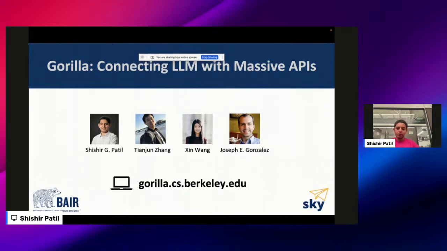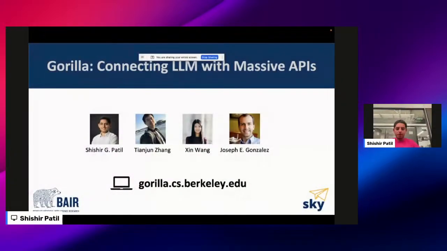Before I begin, all the work that we have done is open sourced, and at Berkeley we believe in building the project and maintaining it. So I encourage you all to take a look, and if you have any feedback or comments, they're welcome as well. This is joint work with my collaborators, Tianjun and Joey from Berkeley, and Jin from Microsoft Research,